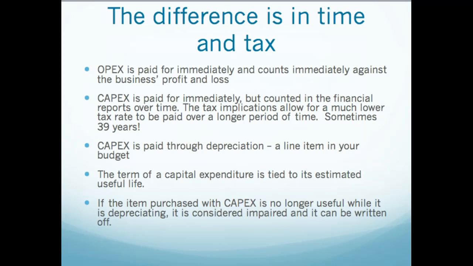The other thing is that when an item is no longer useful, you can write off that remaining amount and just take it off your depreciation. So once it's done, it's done. If it didn't last the 10 years, then you no longer need to pay tax on it because you won't have it, and you can write it off your books as a loss. So from a tax perspective, that's how we're looking at OpEx and CapEx, and you're also looking at it from a budget perspective as a security manager.